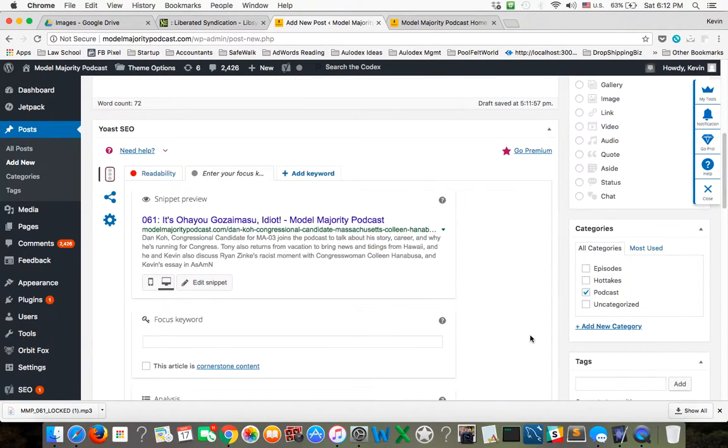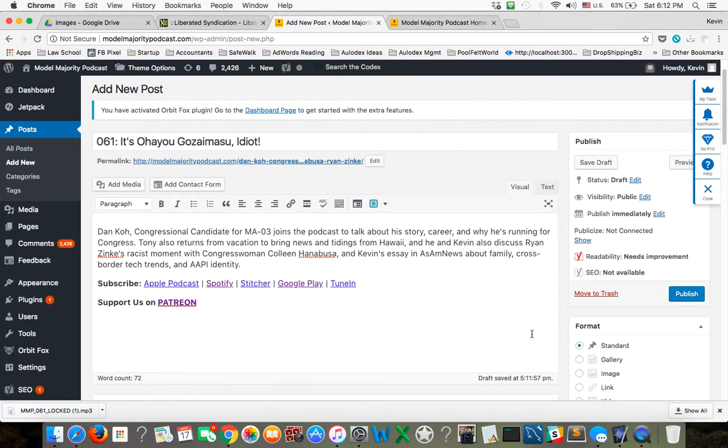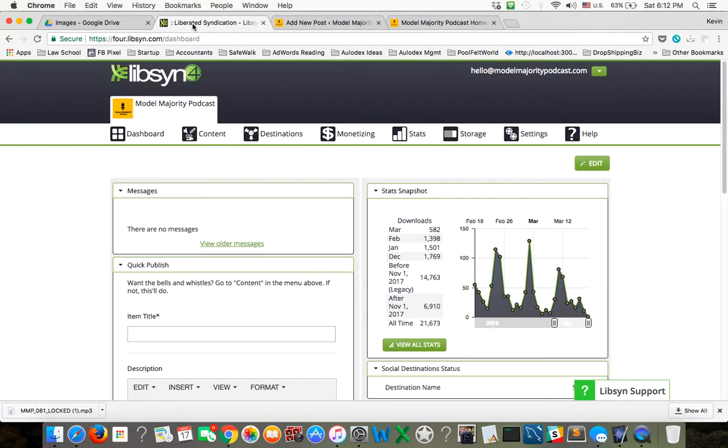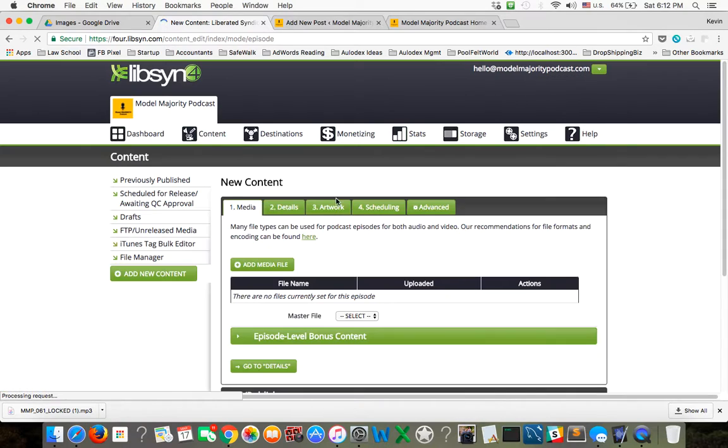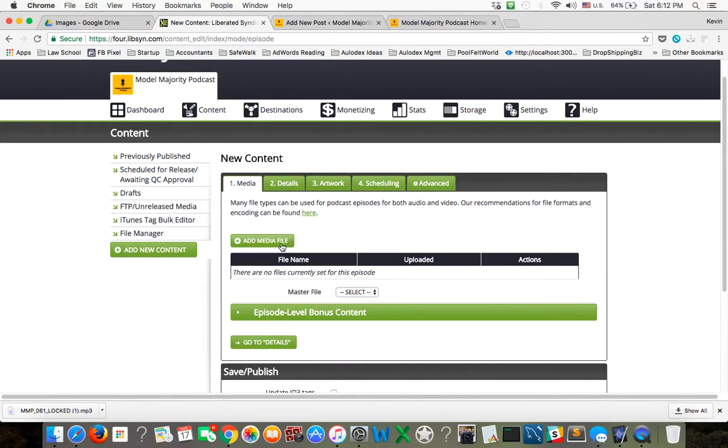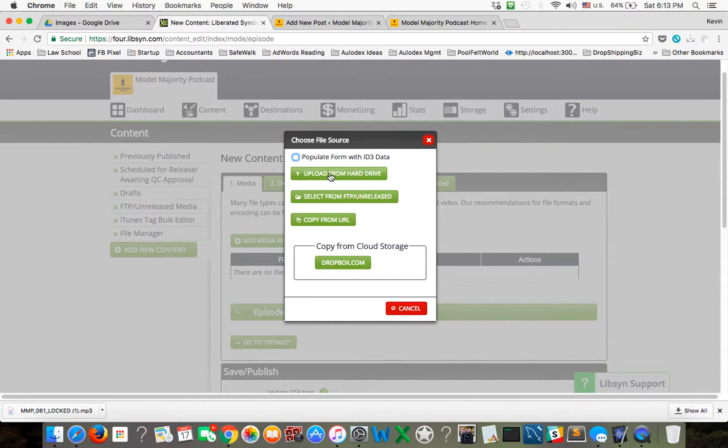But one thing we haven't done, of course, is actually link the actual episode content to this particular post. And this is when we go back to Libsyn. We go to content, hover over content, go to add new episode. And here is where you add the media file. So remember the iTunes file that we made just a minute ago with all of our information in there, that is the file you actually upload from your desktop. So you go to add media file, you go to upload from hard drive,